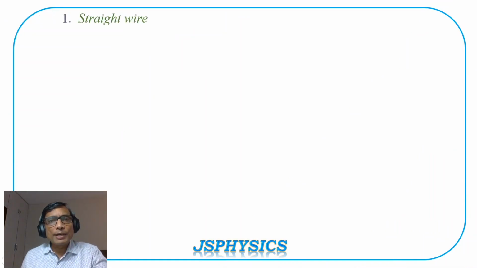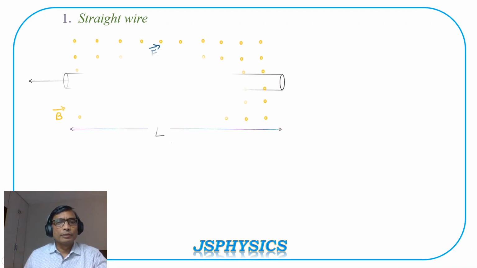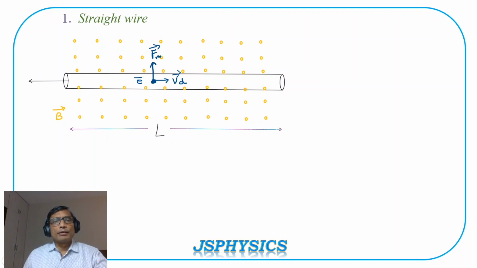Now we can take different types of wires. First we'll be taking a straight wire. Let us observe this diagram carefully. Here we can see that there is one straight conductor. Let us give the name of this conductor as PQ. This is a straight conductor and it is carrying a current I inside it. Current is entering from here and leaving from the other side, so basically in this straight conductor the current is flowing from right to left.